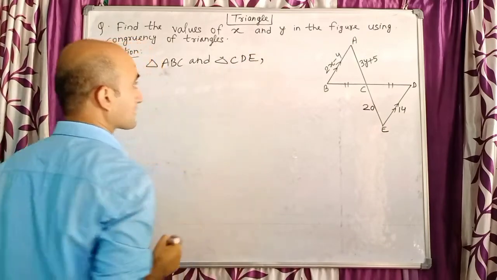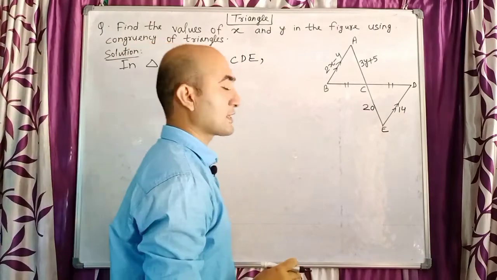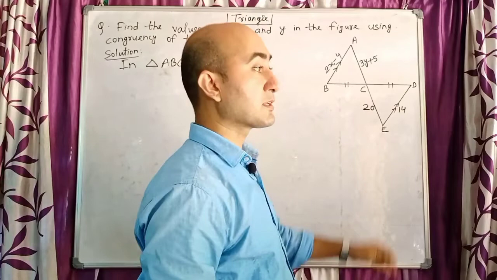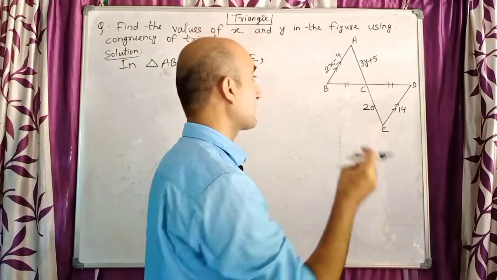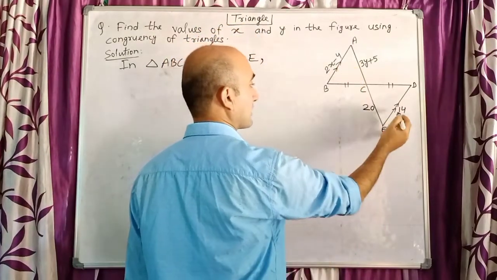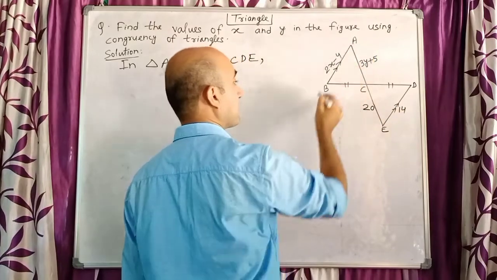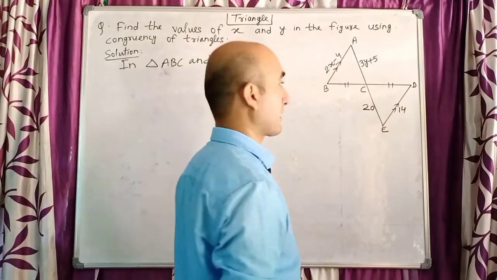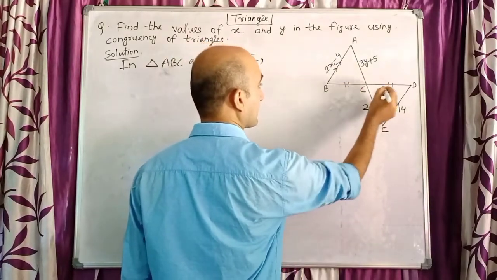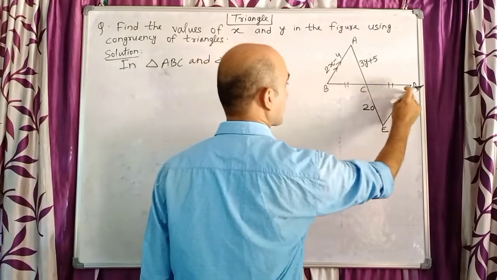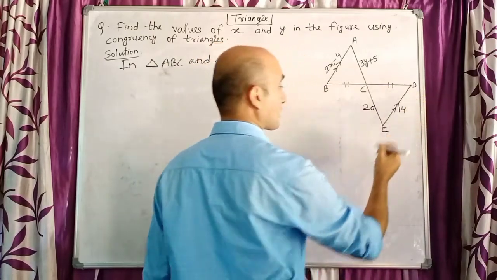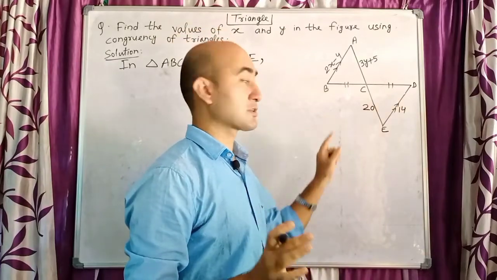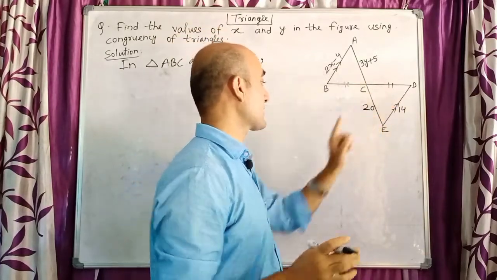So in these two triangles, first thing which is given here, you can see in this diagram not a single sentence written, but there are some symbols with which we have to understand the meaning. Like you see here the arrow, here arrow, that means these two lines are parallel. AB is parallel to DE. And this double mark you can see here means BC is equal to CD. So sometimes what happens, not a single sentence written, but with the symbol we have to understand the meaning of those symbols. So these two lines are equal and these two lines are parallel.